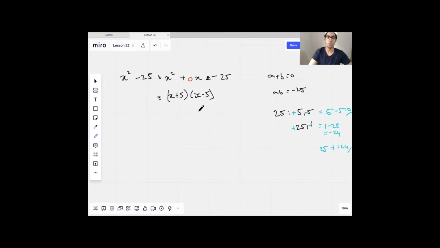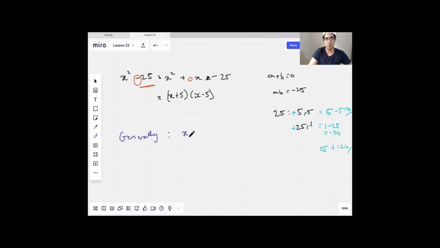And this is actually a special case. It's called the difference of squares. In this case, you can see that you've got the square, and the final constant term being a square number, and there's a minus sign here. And what you get is that it will generalize into this form here. So generally speaking, let me use a different color. So generally,